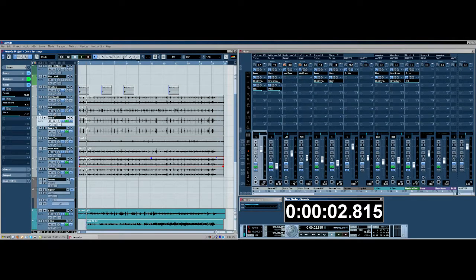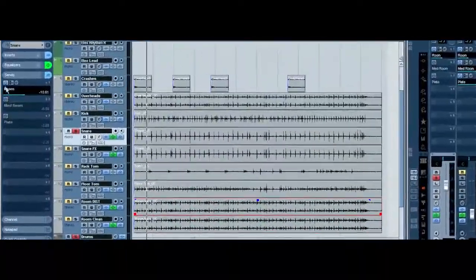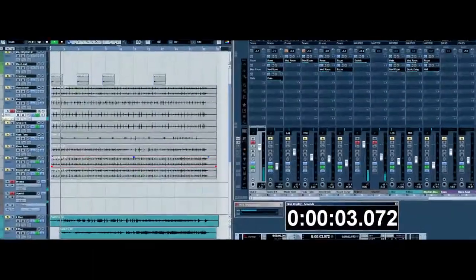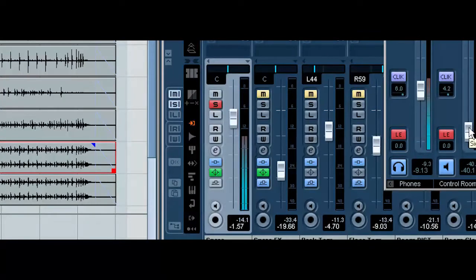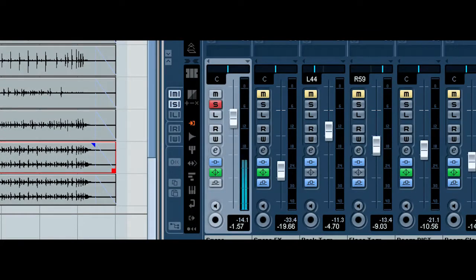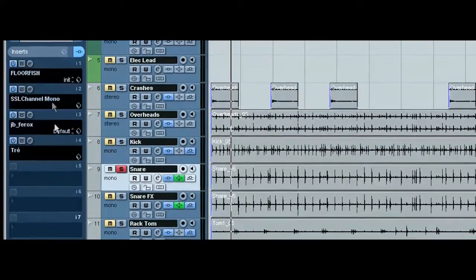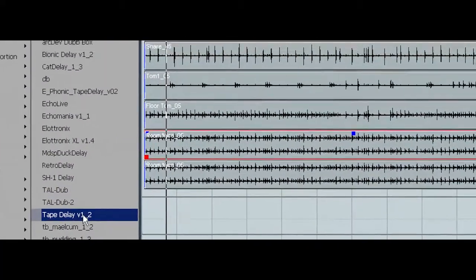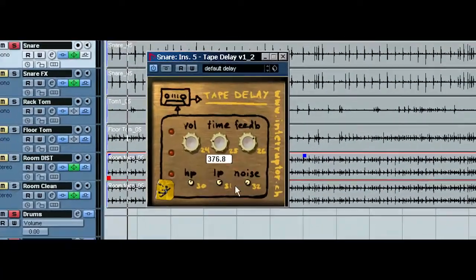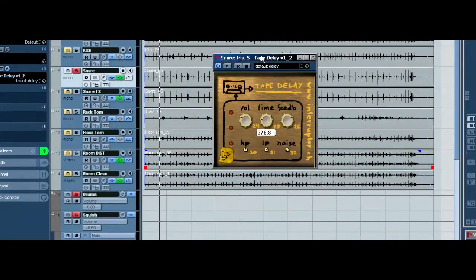I'm going to do this on a snare so it's easier to hear. So I'll turn off these effects. Just put it on. Okay, so here's our snare track. Alright, so what we're going to do is turn on a delay. There's a delay I like to use called tape delay. And it simulates a tape delay, and well, as you can see, it's a really simple plugin, but it sounds great, and the problem is